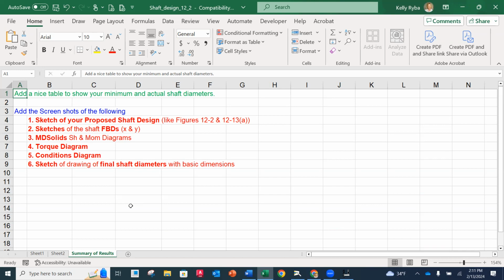Now, if you have difficulties doing these things, just reach out to me. I don't want this to be a big headache or a big frustration. I'm trying to make it easier. So if it's easier for you to do this separately, that's okay. But if you want to put it all on this summary of results, I think this would be a nice place to input that,